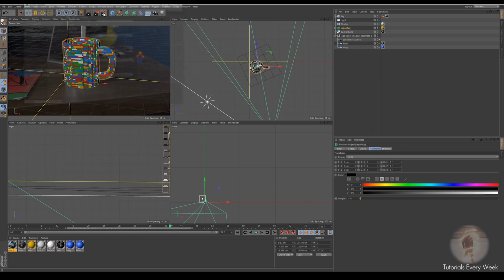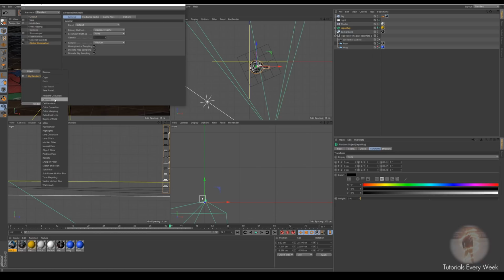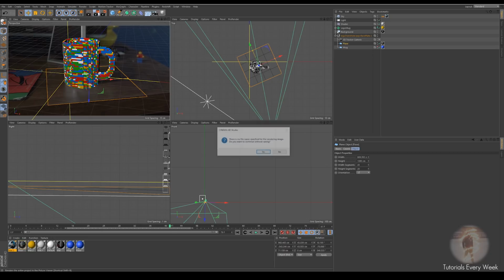If we do a quick render, so I'm going to actually turn off save, add effect of global illumination, ambient occlusion. For global illumination, I'm just going to put it for low for just now. Standard physical. When you're actually going to render it, I would recommend changing it from low to medium at least, because there'll be a little bit less noise. Now if we render this,